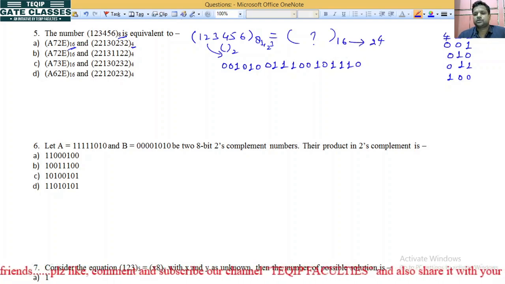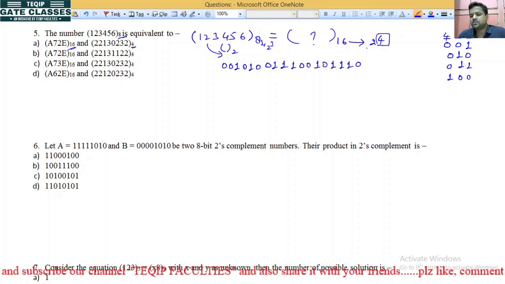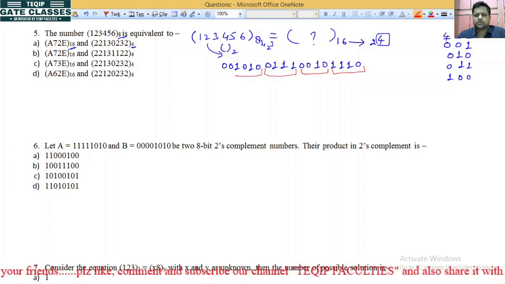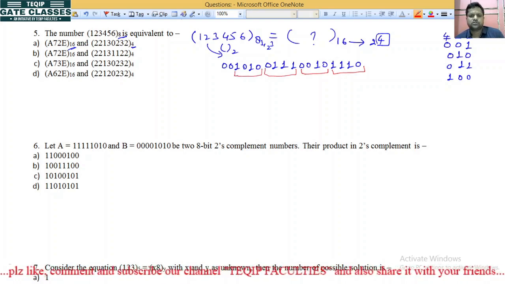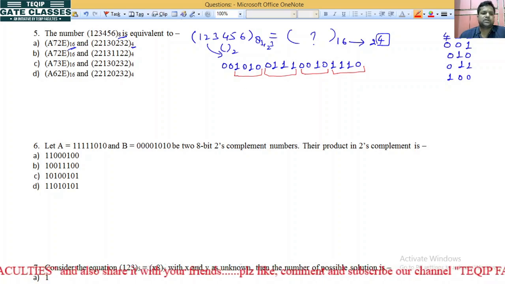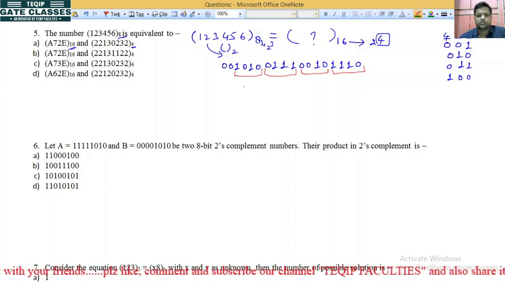Now 16 can be written as 2 to the power 4. So each hexadecimal digit can be represented in 4 binary bits. So we have to group 4 bits, then again 4, again 4. Okay, no need to write for this, because if a number has a 0 in front, there is no difference in its value, right? Anyway, 4 digits are given here, so go only up to 4 digits, not further.